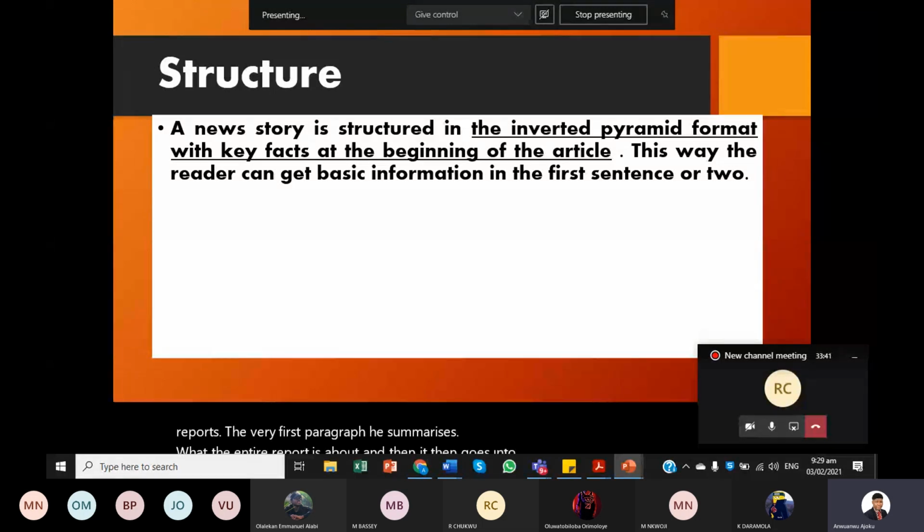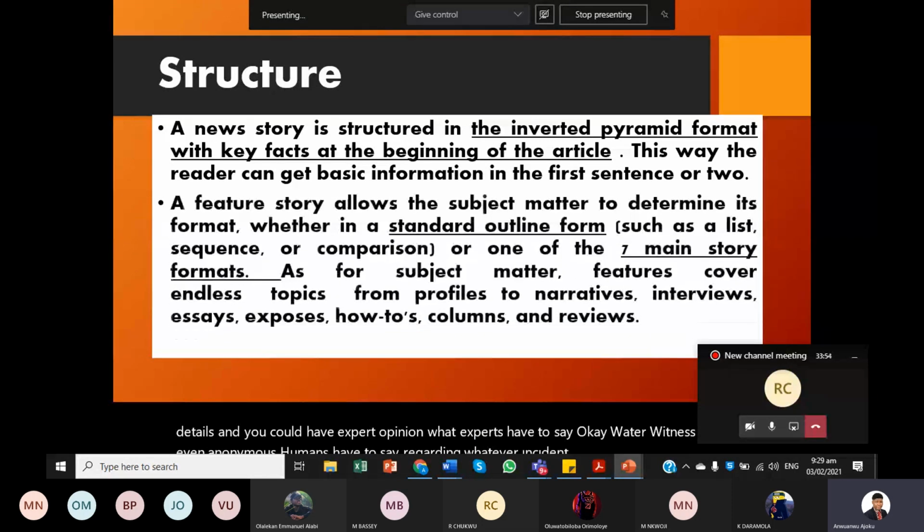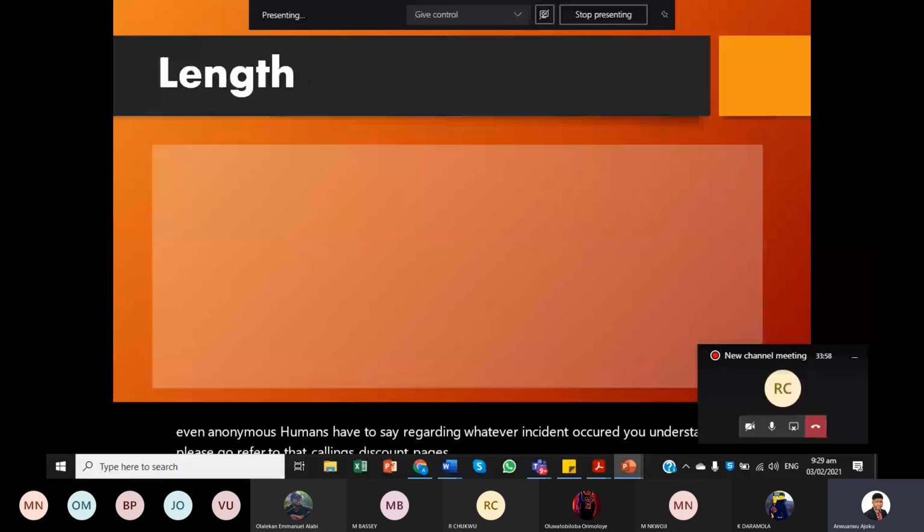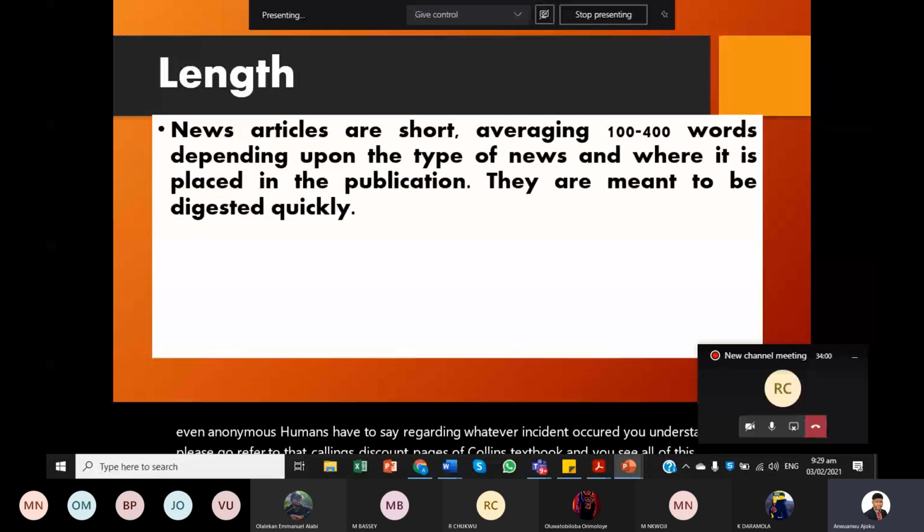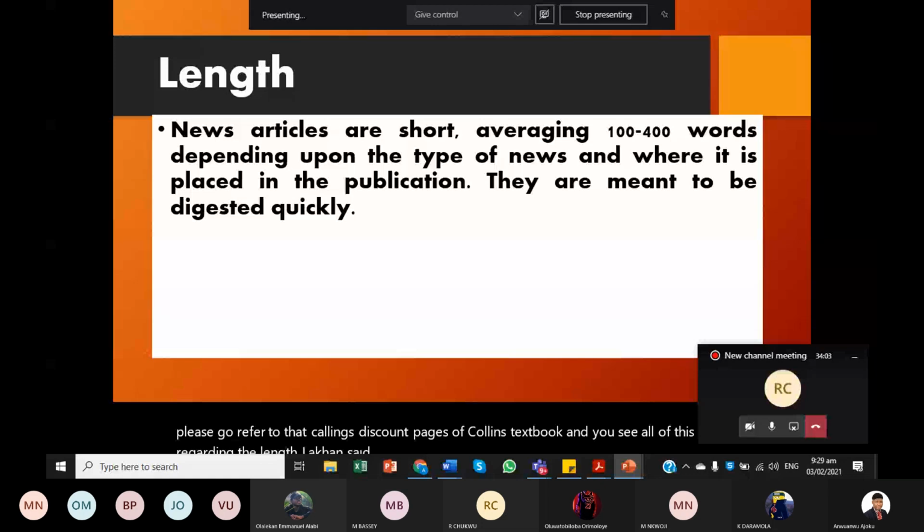Other paragraphs present details, and you could have experts' opinions, what experts have to say, okay, what witnesses and even anonymous ones have to say regarding whatever incident occurred. Do you understand? So please go refer to the scanned pages of the Collins textbook, and you see all of this. Then regarding the length, Lincoln said something about the length